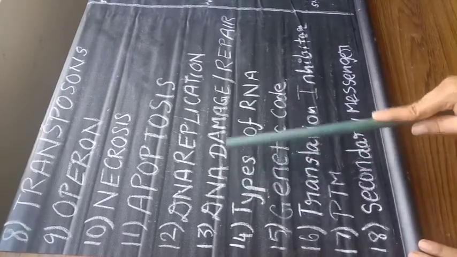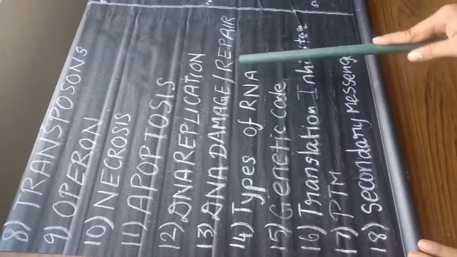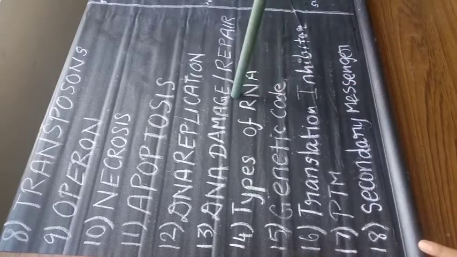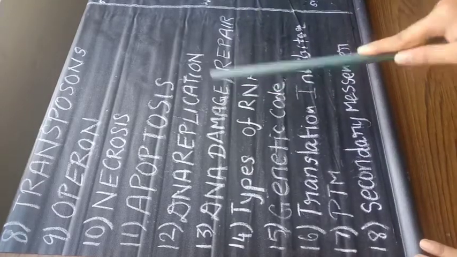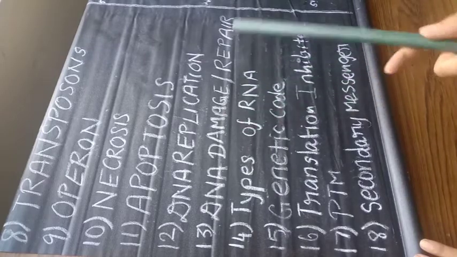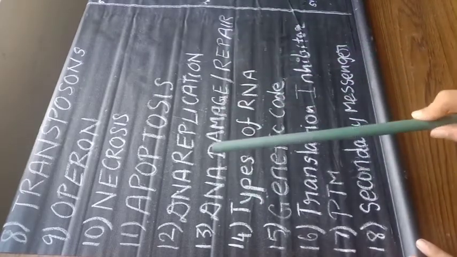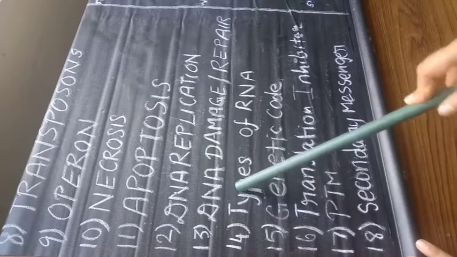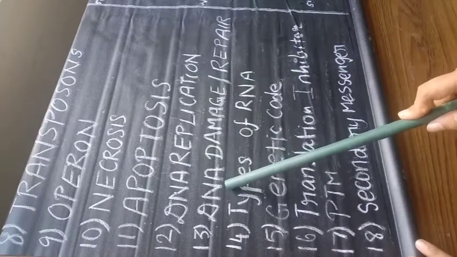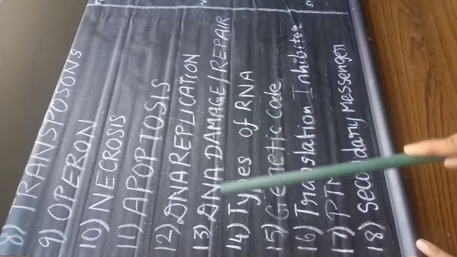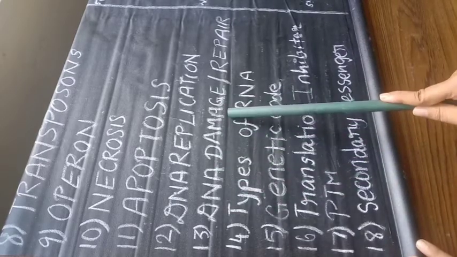Next is type of DNA damage and repair. For this and all you can refer to James D. Watson, friends, because these concepts will also be found in your CSIR syllabus, so that if you study them for the DBT BET exams or if you are currently preparing for your CSIR exams, you can study this topic, so that it will be helpful for both your CSIR examination and the DBT BET JRF examination.